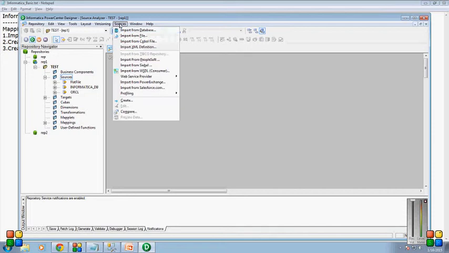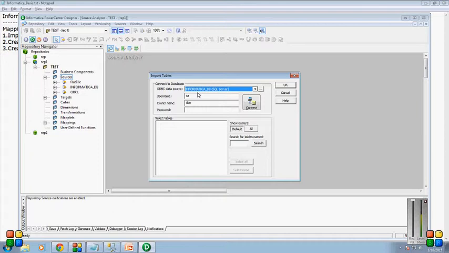First we need to import from databases. Here we can see 4 types of importing: from databases, flat file, COBOL file, and XML definitions. So I'm going to import from the database connections. Once you select relational, we have tables. We have initially created the SQL Server. If you can't find it, here I've created an Informatica DB SQL Server for the source.